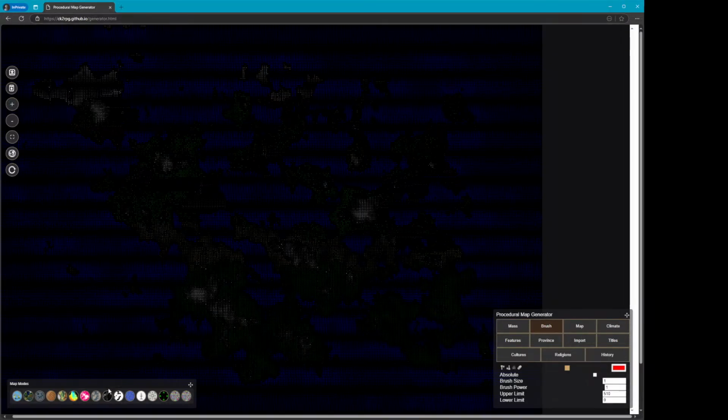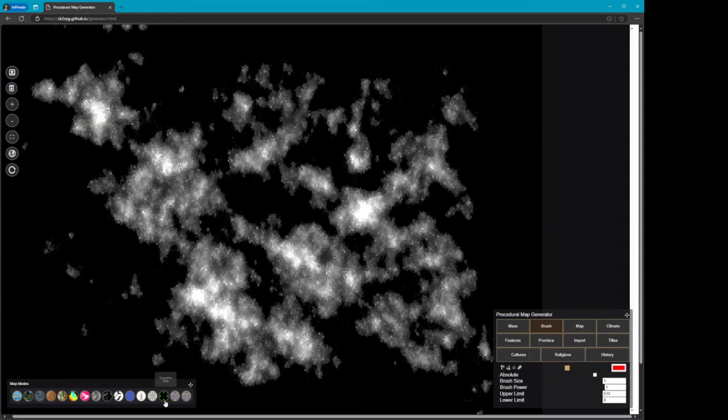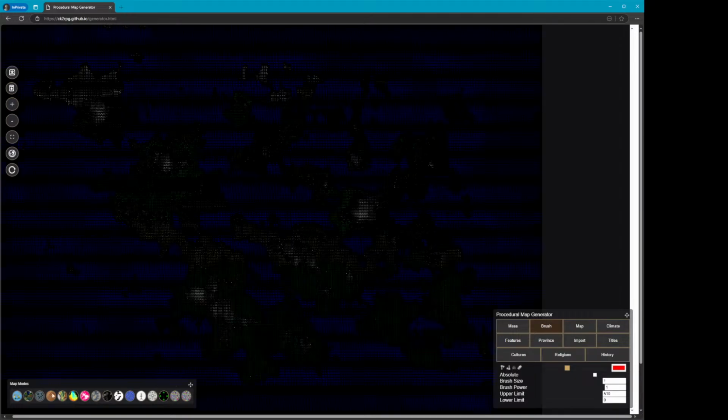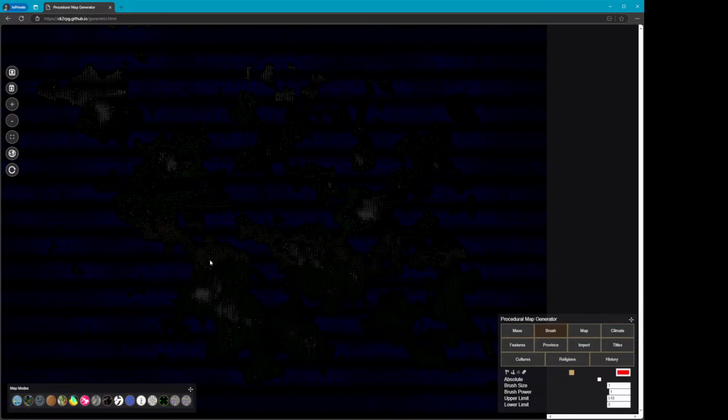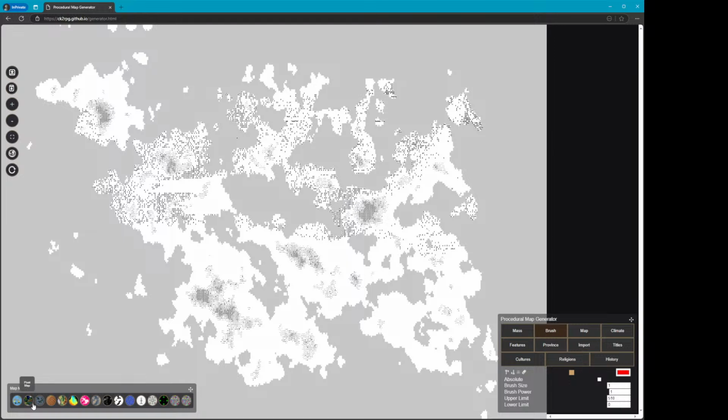Let's see. Oh, we were going to test whether the roguelike map mode will project out to the globe. Let's see. Nope, does not project out to the globe yet. So definitely something to keep an eye on. We'll be working on that to make sure that that projects correctly. So we have the paper, the roguelike, and then I'm sure the culture and faith map modes, title maps,